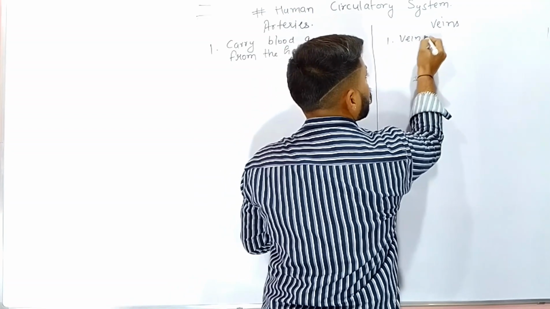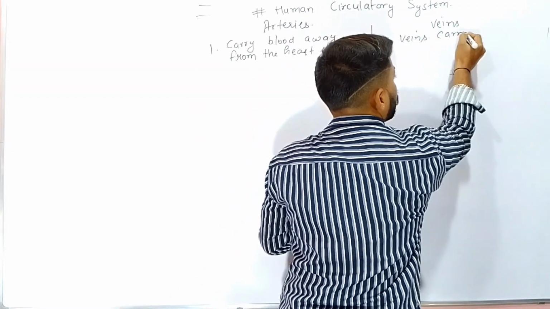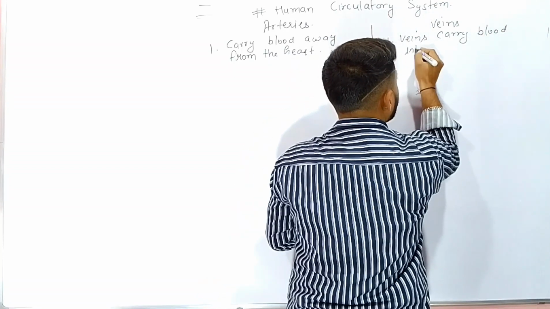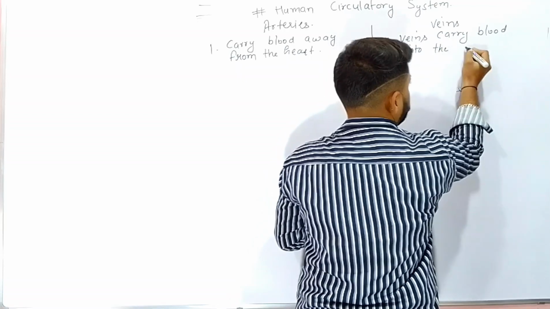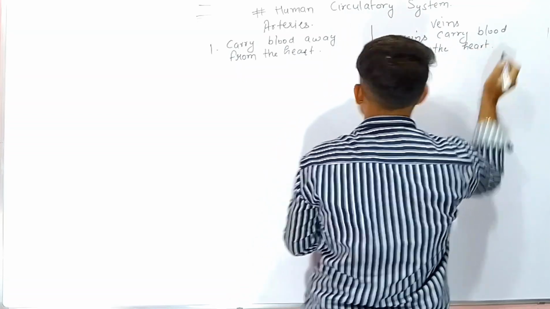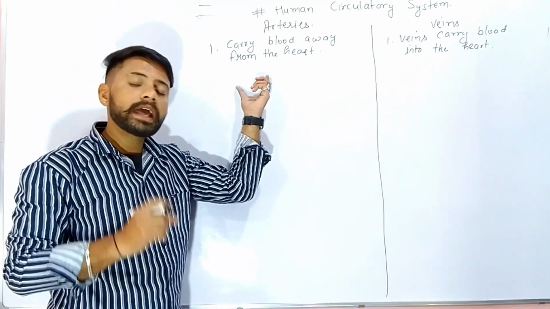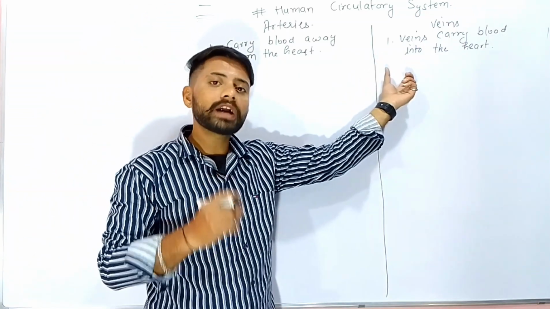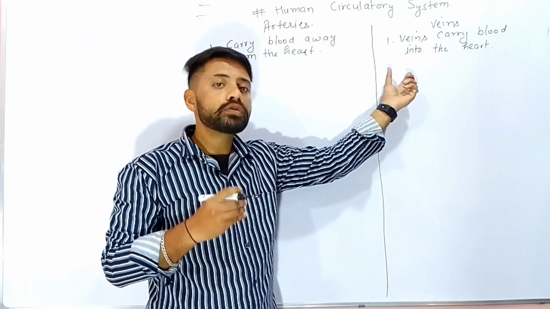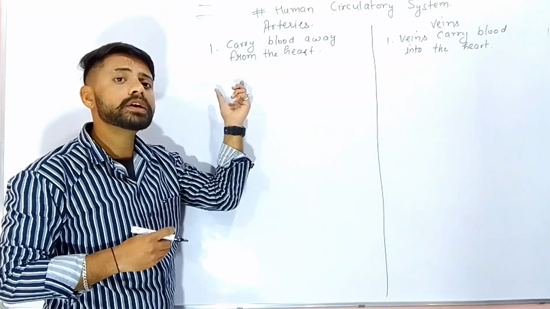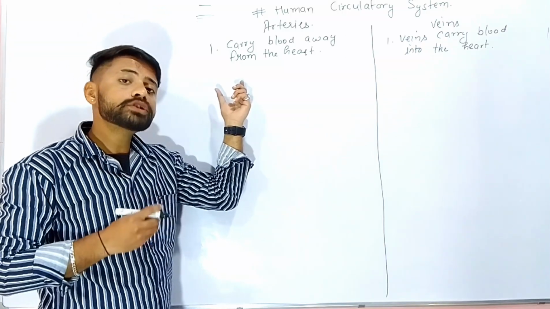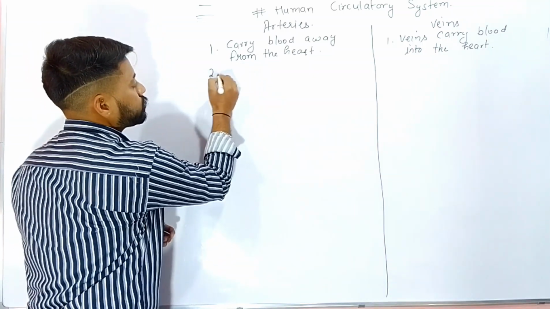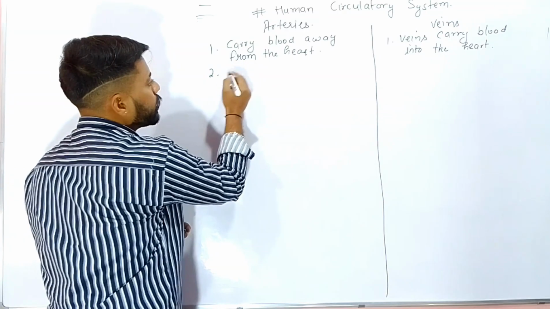It means the arteries carry the blood from the heart to the different body organs, whereas veins collect the blood from the different body parts to the heart. The next comparison is on the basis of which type of blood they carry. The arteries carry oxygenated blood,